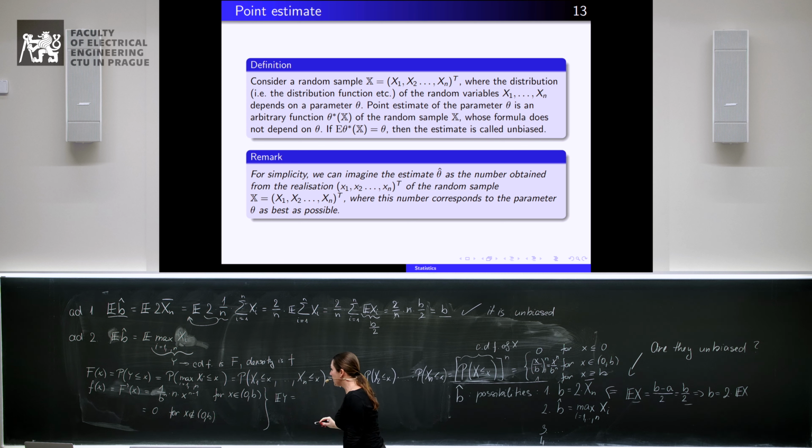So the expected value of y is the integral from minus infinity to plus infinity of x times the density dx, which is in our case the integral from 0 to b, because it is 0 otherwise, of x times 1 over b to the power n times x to the power n minus 1 dx, which is equal to